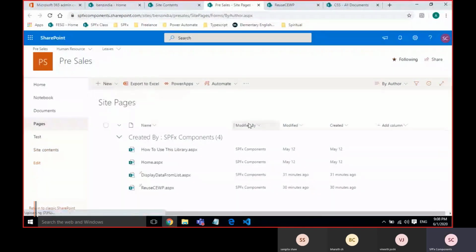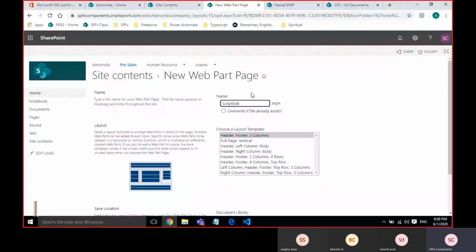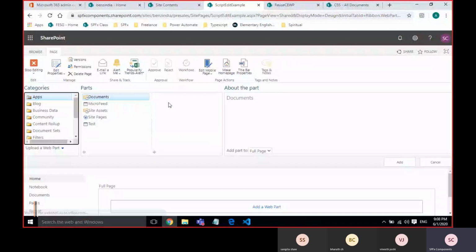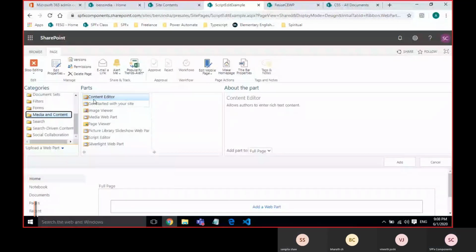Sorry, let me create the web part page. Editor, edit account. Saving in site pages, create. Add a web part. Media and content. I'll take script editor. Okay, add it.